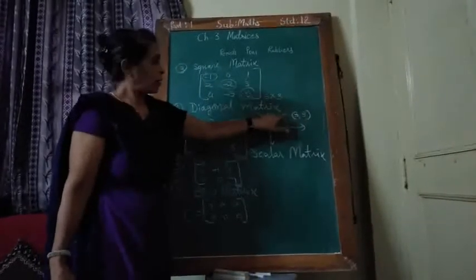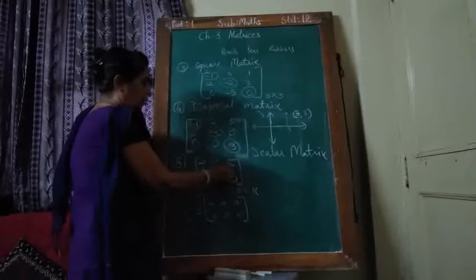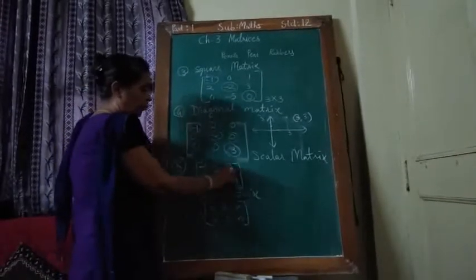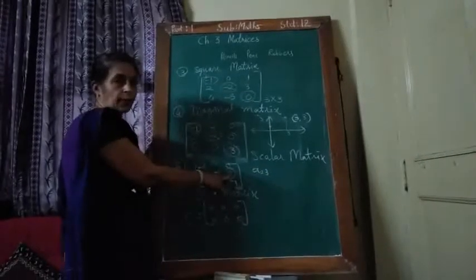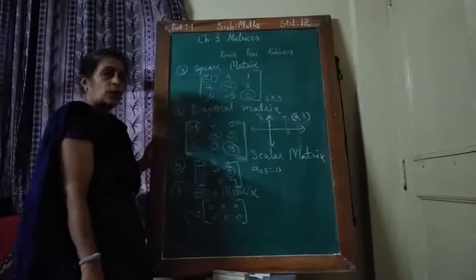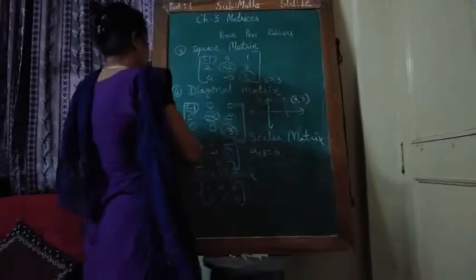It is the location. In that way, here 0, what is its location? A23. A23 means second row, third column. Which element? 0. So A23 has 0 value. Clear? So you have to practice for that. Okay? So don't make any mistake.